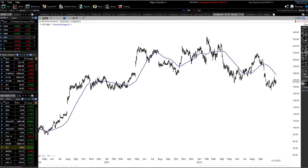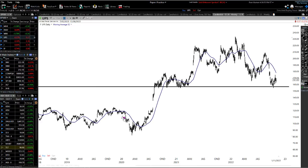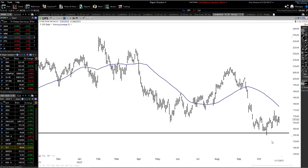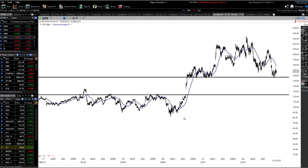So once we look at that, we also can see by looking at this here that that's the major support level. So once that major support level is broken, guess where's the next major support level? Look at the arrow there. The next major support level is down through here. So that tells me we could actually see a very, very, very big drop. So let's go back to the 1 year view. If we do get that, there could be a move back down to 120,